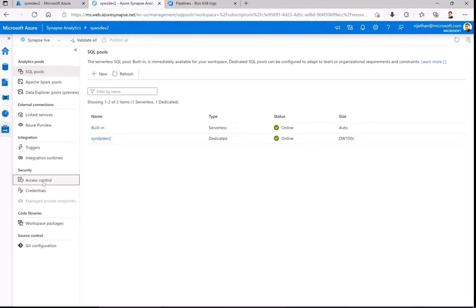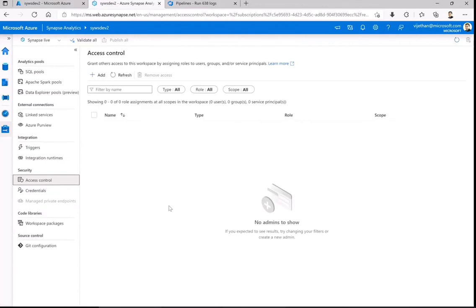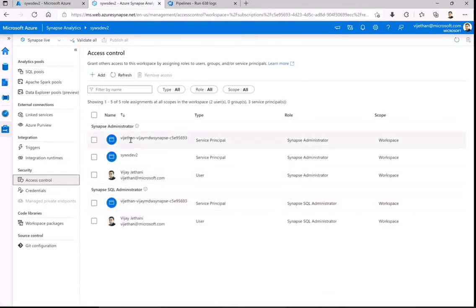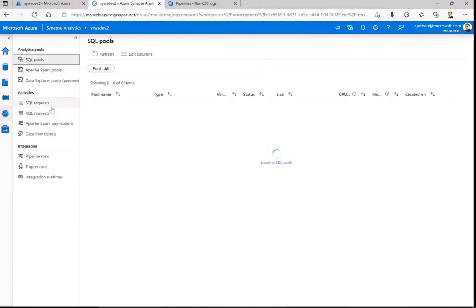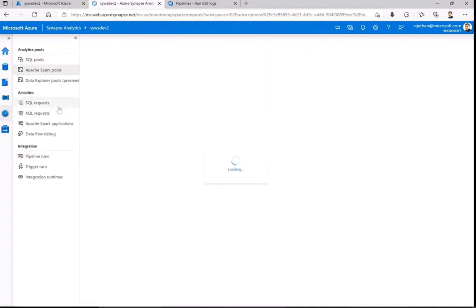Also I can double check by clicking on access control. If everything went fine, this is my service principal ID which I'm using, which is being given access as Synapse administrator. Similar is for SQL administrator. Similar is for my account. And this one it uses internally for management of a workspace. That means whatever the workspace name will be, you will find one more ID. It's kind of a service principal which it uses internally. Okay, so that is the first level of check. What else does it have? Okay, if you have any pools running, which you can also see in the manage part, you will see them here.